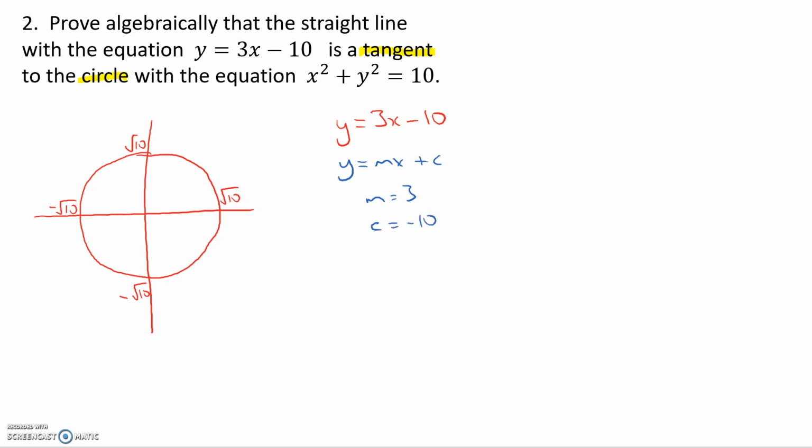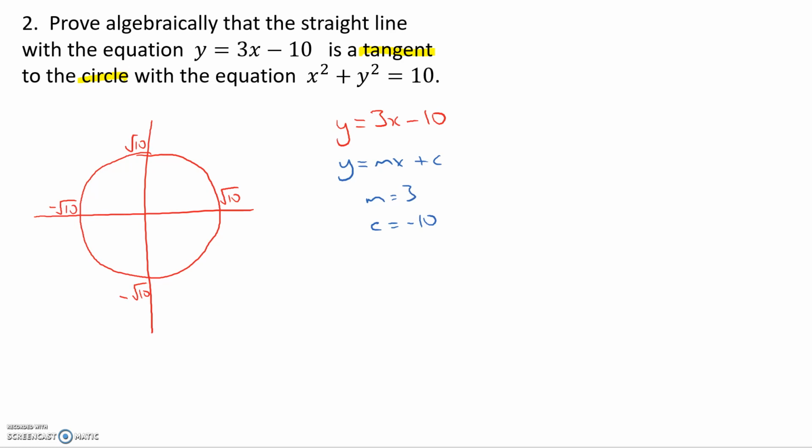Okay, so it cuts the y-axis at negative 10, it's got a gradient of 10. Now if it's a tangent to this circle, it's going to do that, or that, or that, or that. It's going to touch the edge of that circle just at one single point. Now, we may already have enough information to work out roughly where, but to work out exactly where,